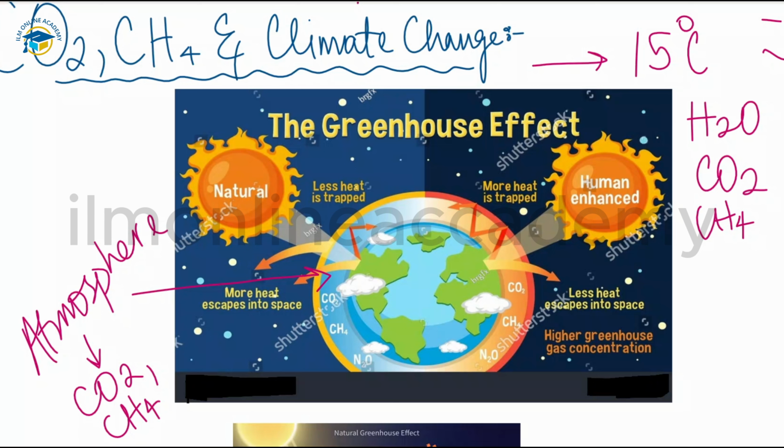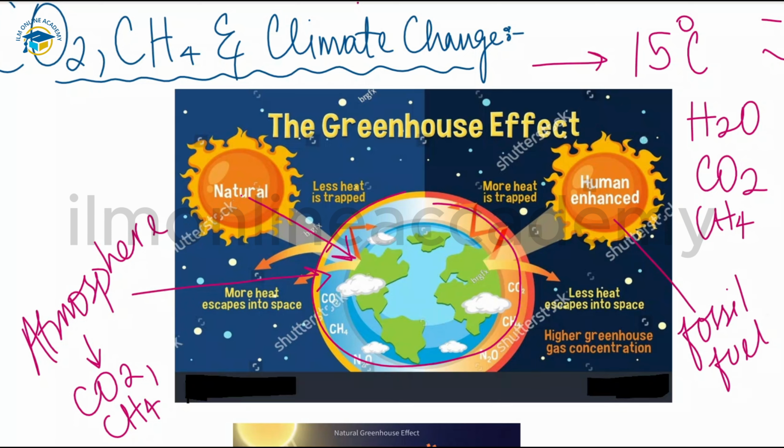So what will happen? The thermal energy from the sun is trapped by this layer that is surrounding our earth. We have carbon dioxide and methane there. Less heat is trapped by the natural phenomenon, but whenever human activities are enhanced, mostly the burning of fossil fuels, those fossil fuels release gases like carbon dioxide. And with more cattle, more farming and more waste being generated by larger populations, and cattle emit a large amount of methane, the methane also increases.